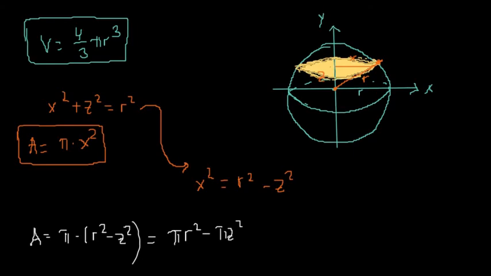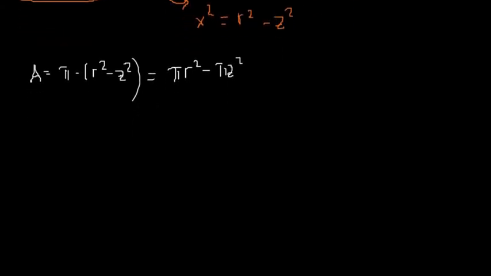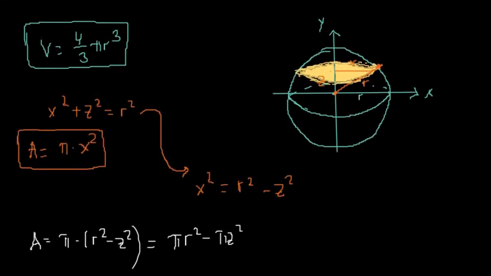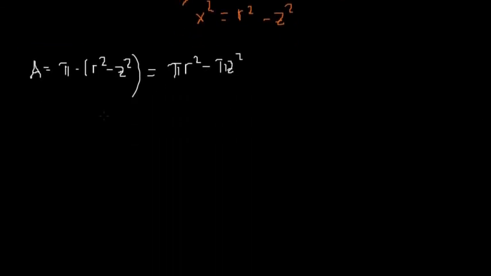What I want to do is evaluate the area of an infinite amount of slices made to this sphere. Okay, and in order to do this, I'm going to integrate this equation for all the values of z, for all the different infinite amount of slices done to this sphere. I'm going to integrate this equation, pi r squared minus pi z squared,